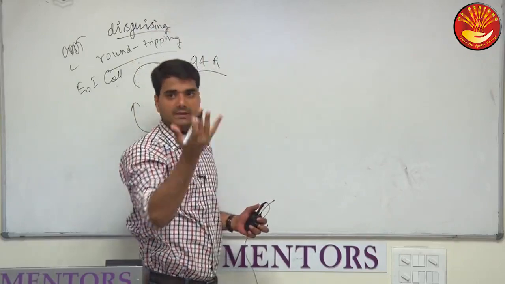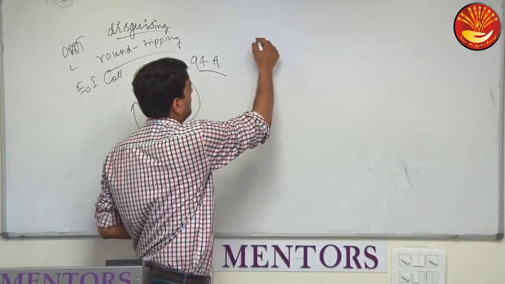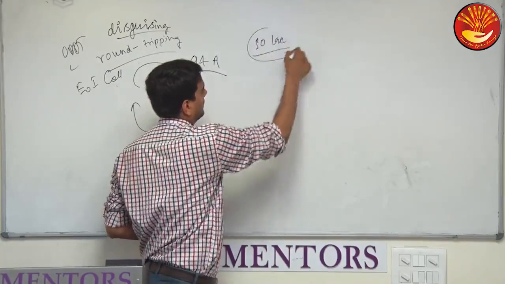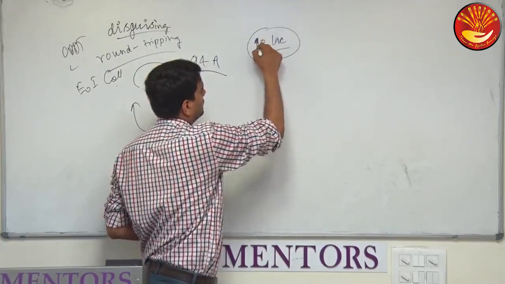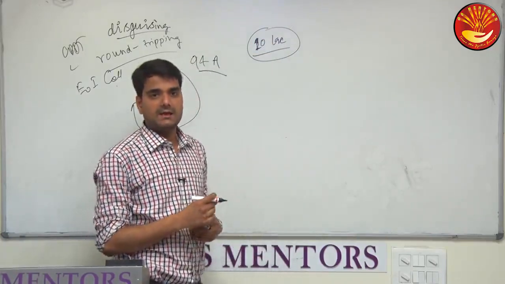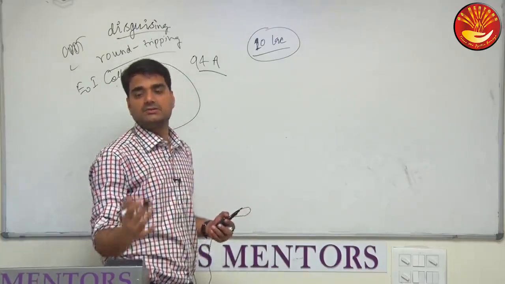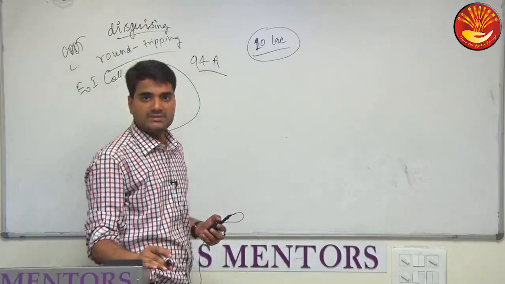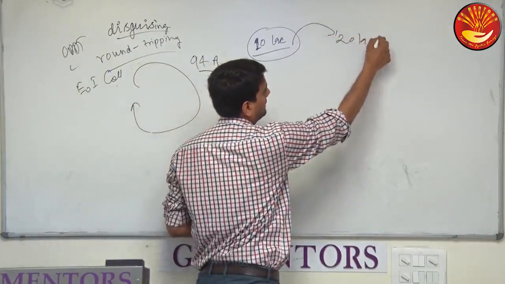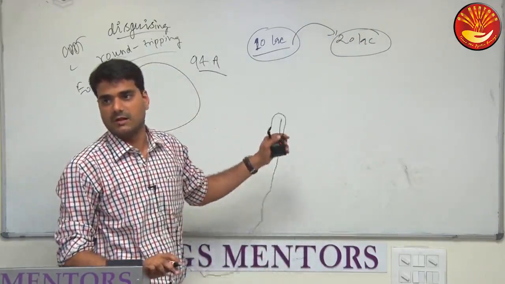Or you yourself got the black money in the form of a property. Now suppose it is of the cost of 10 lakh rupees, for example. So 10 lakh rupees property is there. Now after holding it for some time, you may sell it to some person for say 20 lakh rupees, after escalation, because you held it for some time.